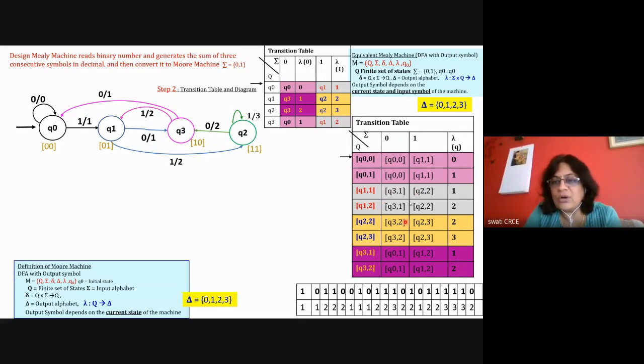Now you need to write down the columns of zeros and ones. For this column, refer to the diagram or the table and draw it. So Q0 with 0 is Q00, so write Q00 here. Q0 with 1 is Q11, the Q1 that generates 1. Then Q01: for Q01 you have to repeat the same thing because both are Q0s, so delta will remain the same. Only the output is different for them.